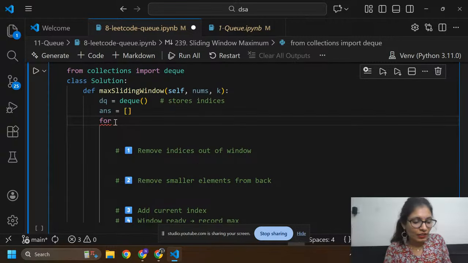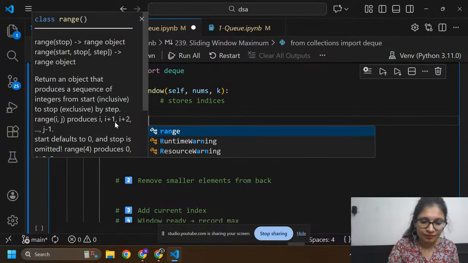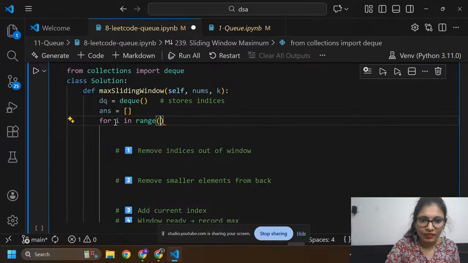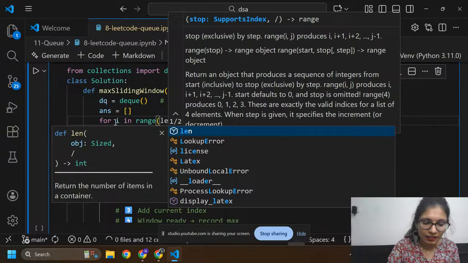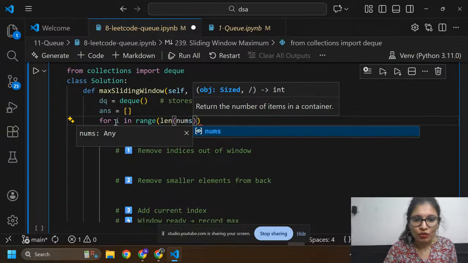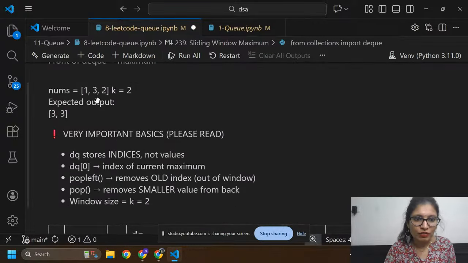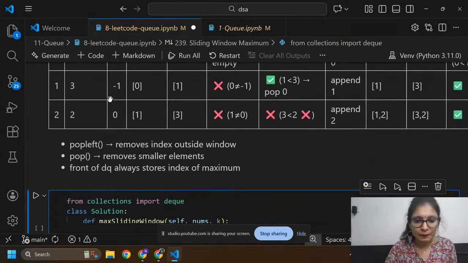So here: for i in range of len of nums. I have nums, and what is the length of nums? I have three elements inside nums, 1 3 2, so its length is 3.